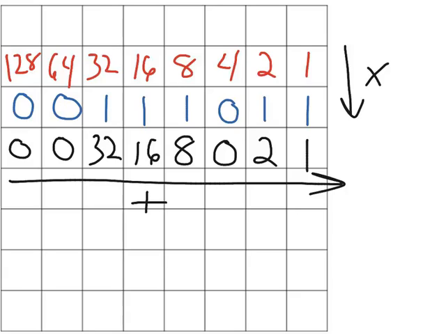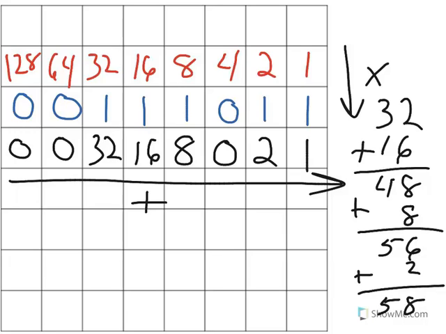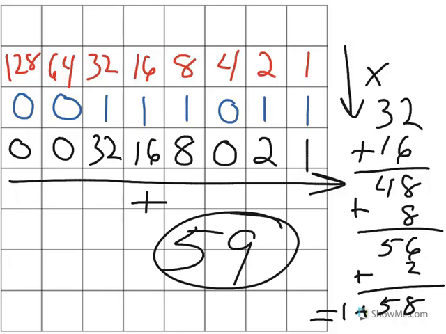Alright? So I get a 32 plus an 8 would give me 40. 40 plus a 16 gives me 56. 56 plus a 2 is 58, plus a 1 is 59. But let me write it out. 32 plus 16 gives me 48. 48 plus 8 gives me 56. 56 plus 2 gives me 58. And 58 plus 1 gives me 59. That means the decimal equivalent to